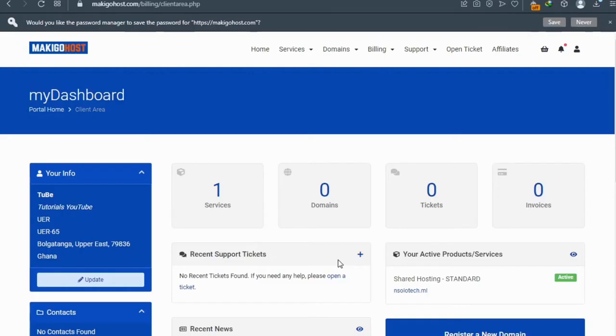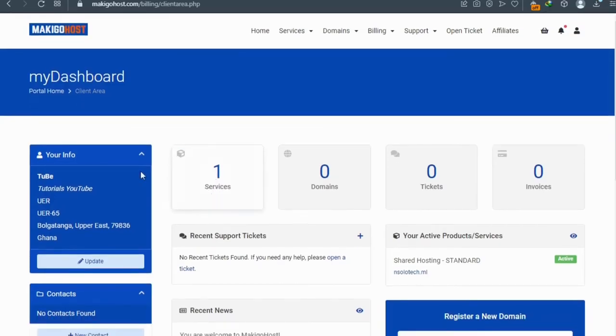Hello, welcome to your hosting dashboard. This is where you manage your account, and this is your hosting. So on top here you can see 1 service and 0 domain. Because my domain name is a demo domain and I'm using it for tutorials, and it is an external domain name, you can see 0 here. But in your case, you should have something like 1 domain name here with 1 service, okay? And after that,